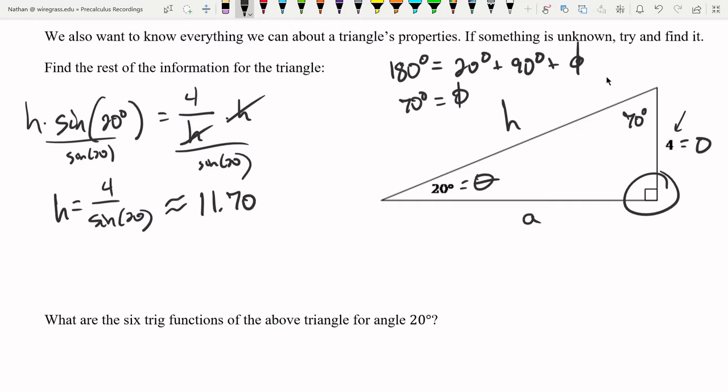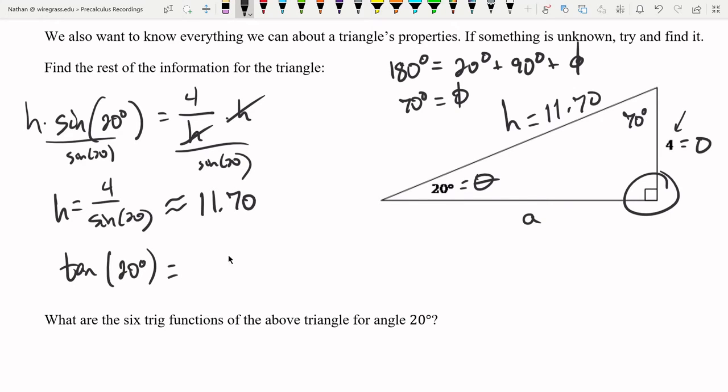Okay, now I can find the adjacent side. And whenever you're doing this, you should always use information given, not information you found. So instead of using the hypotenuse that I just found, I'm going to find a trig function that does not use it, because I don't want to use this approximation in solving the next one, because that just further makes a worse approximation. If you keep using approximations in your mathematics, eventually you're going to be so far off that it's not going to be the correct answer here. So instead, I want to use tangent. Tangent of theta, or 20 degrees,